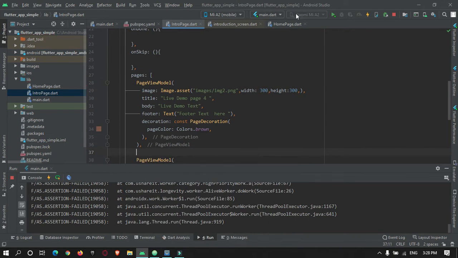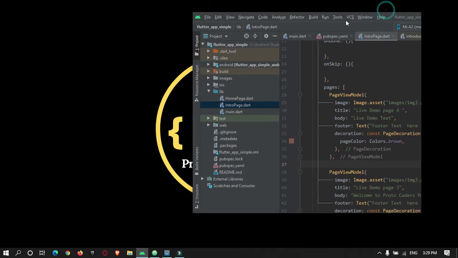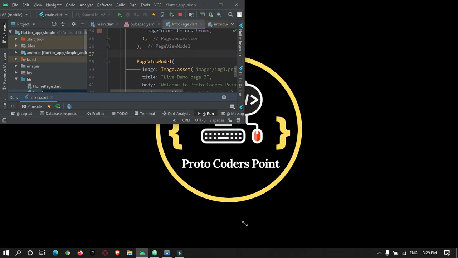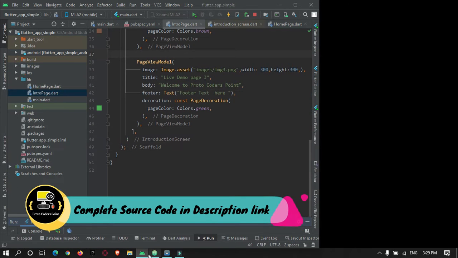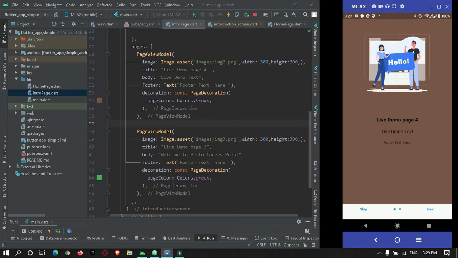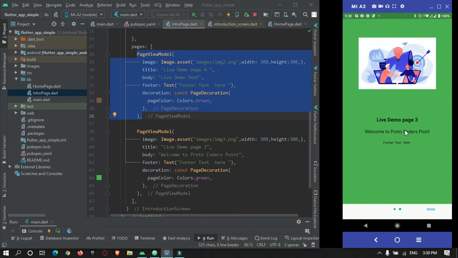I will just restart my app now. Okay, our app got restarted. I will show you now. As you can see, I have added two page view models. This is page 1 and this is page 2.